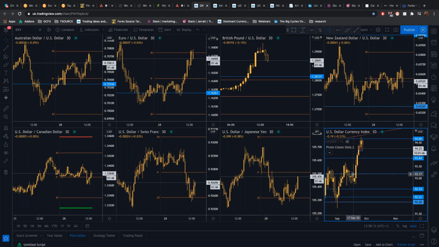Obviously, the other thing to be keeping a very careful eye on is the US dollar, and particularly that key trend line, which is being tested at the moment. Okay, guys, has anyone got any other questions? If you've got any questions, please pop them in. I hope I've given you a bit of a rundown on the major things to be looking for.